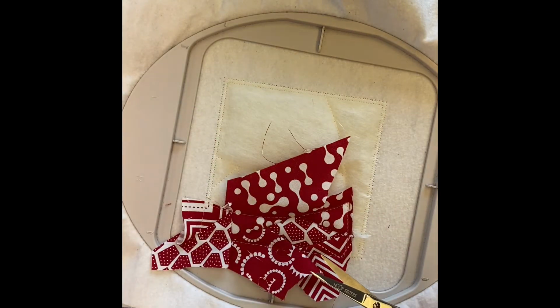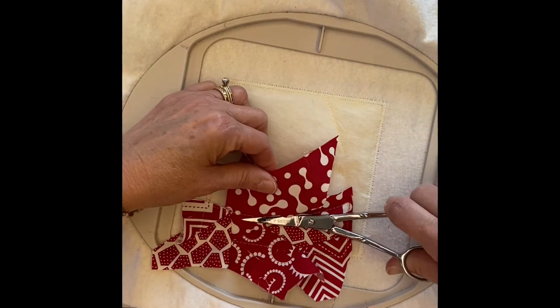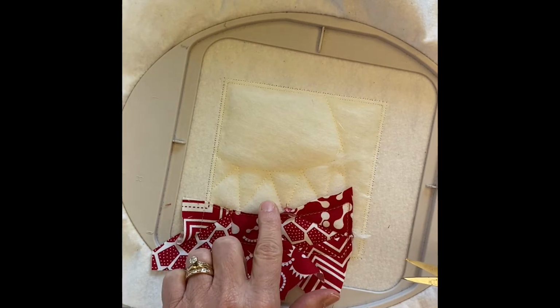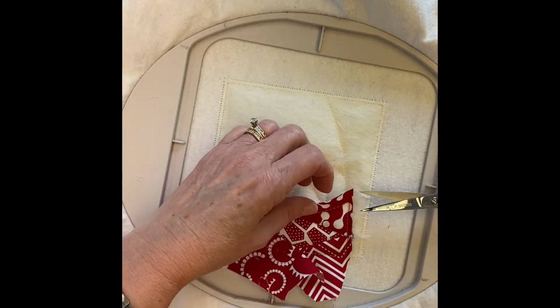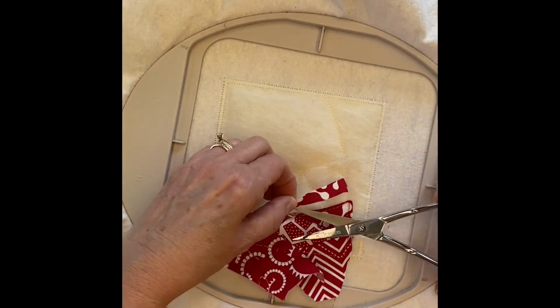I know, not an exact measurement, but that will allow this to be caught under the next piece of fabric that is stitching, and it'll be caught under the satin stitch, and the colors won't be too much underneath there because this is going to be white and I don't want the red to be showing through. So we'll just do a scant 1/8 inch right there,